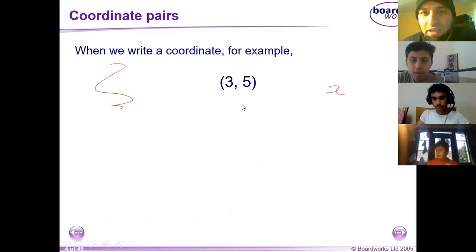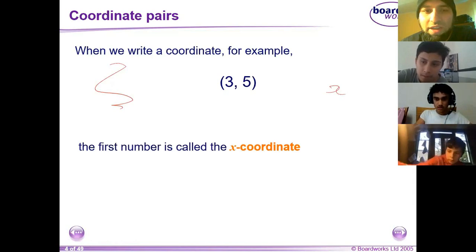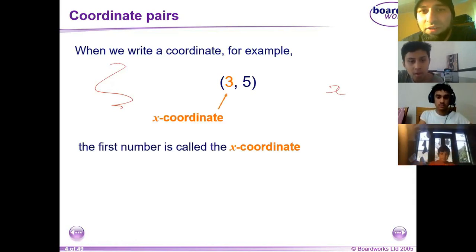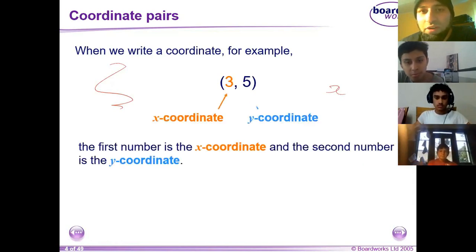A graph has 2 parts. An x-axis, which is the line going across, and the y-axis, which is the line going up and down. Does that make sense? Yeah. Okay. So if we carry on, these x and y coordinates, when we plot them on a graph, can